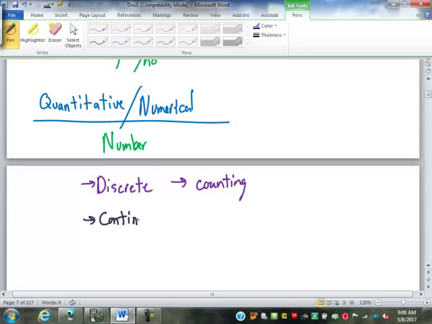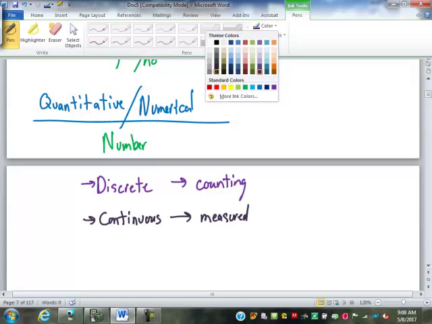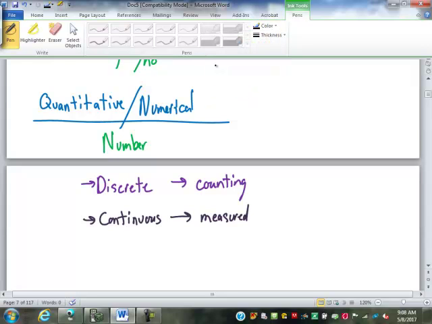The next is continuous. Continuous is measured. How tall are you? Well, that's going to be measured. How much do you weigh? Again, that's a measurement. Continuous,